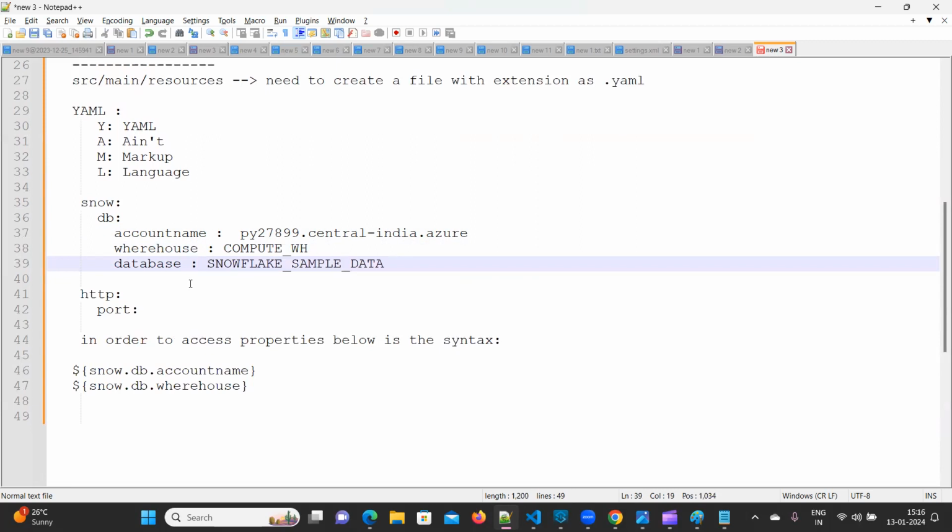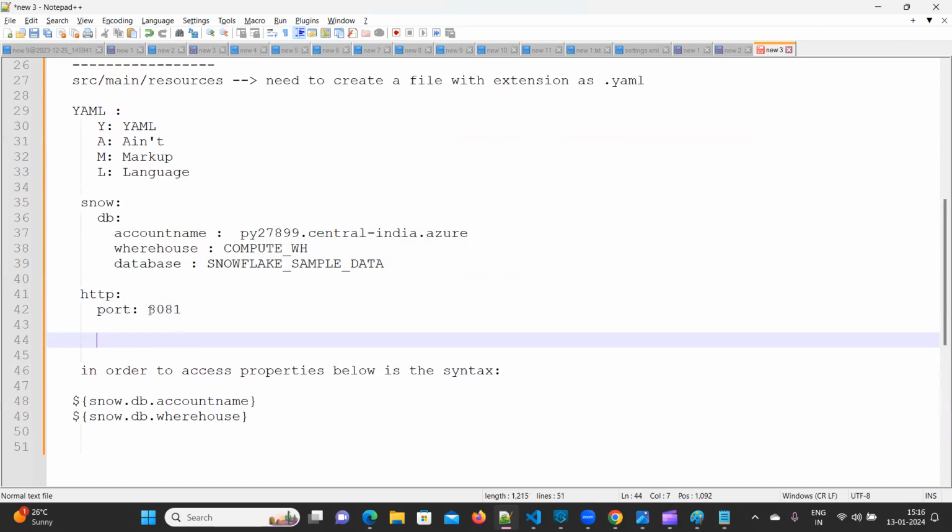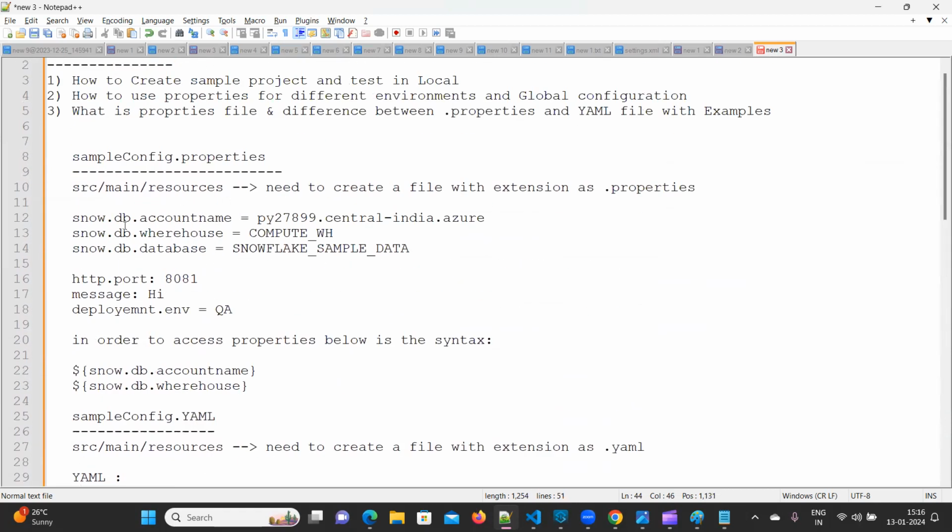See, it's very simple. I'll write it here. Okay, 8081. So there is one important point we can consider as a note. Replace dot and equal to with colon. It's very simple. You have this properties file, and I want to convert this into a YAML file. It's very simple. Just replace with